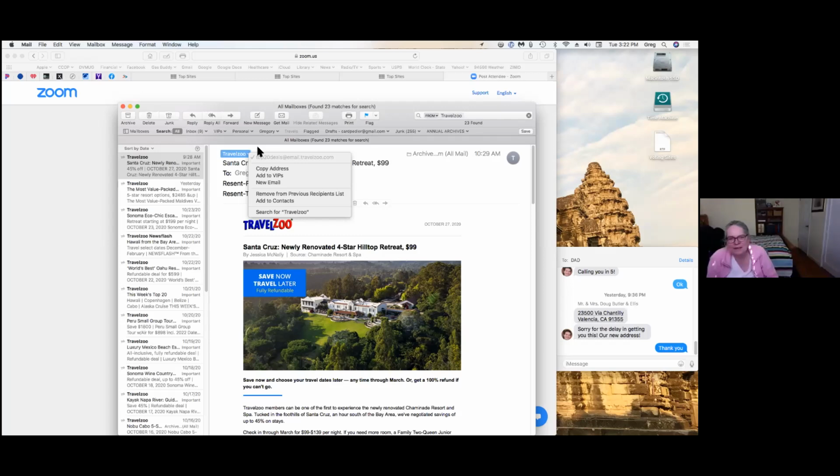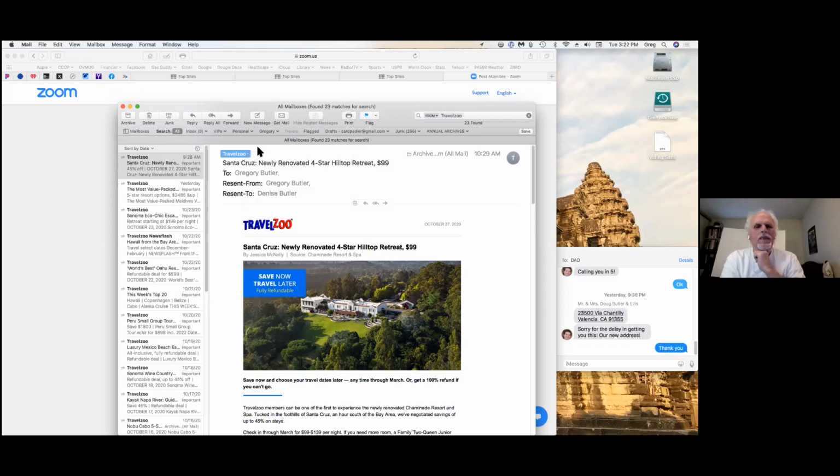Trying to deal with mail lists, making them spam or not spam, has the same problem, because the return address isn't exactly Travel Zoo. It's the mail service they're using or something else. Right. Now, does it make a difference if I do it through Mail, iCloud, or Gmail? Where are they sending this to? Well, what address? It pops up on this one. Yeah, but you know, what's the to field?